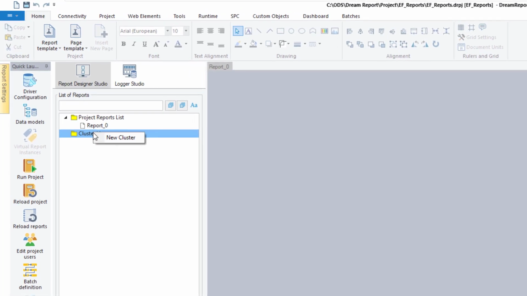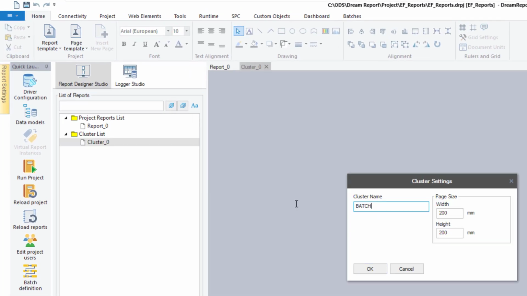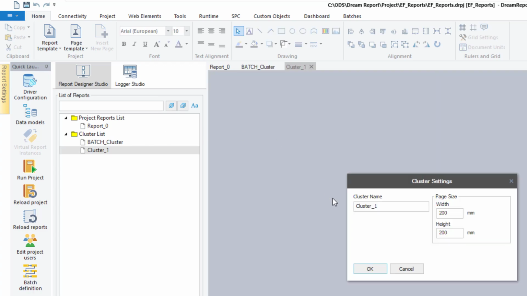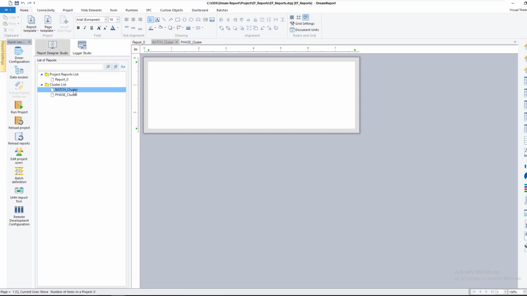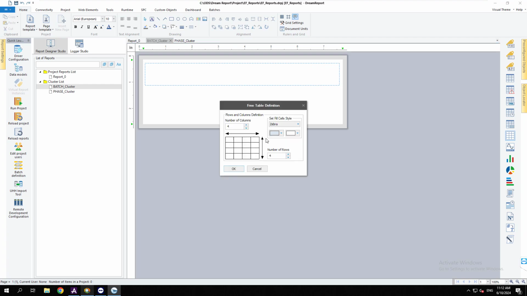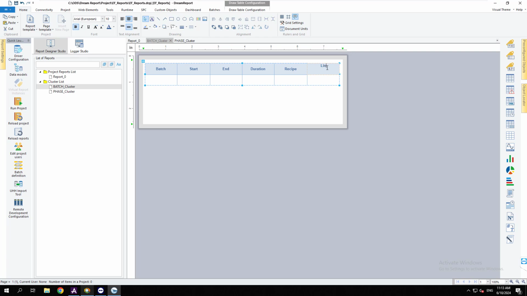I'll create two, one for the batch header information and one for the phases, as that is how the batches are structured. On the batch cluster, I want to add the overall batch information, so I'll add a set of single objects to a free-form table. We showed earlier that the recipe and line name attributes were defined at this top level, so we'll include them